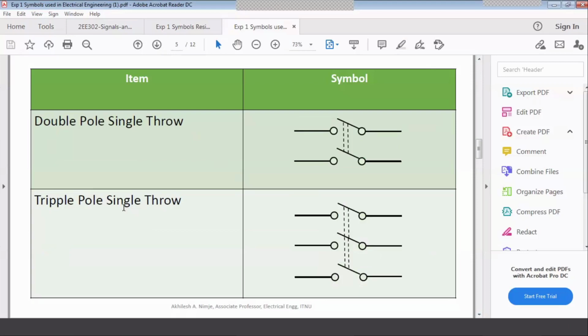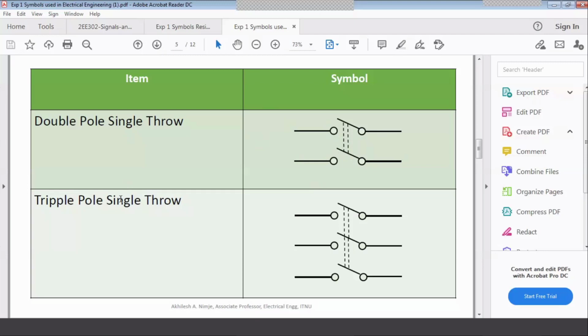If you see the double pole single throw switch, students, you can see the symbol here. So the input side is double and the output side is single. Means you can connect double terminals to a single output. Okay, either here, either here. So double supply is connected to the double poles and giving to the single pole only. This line is going to this only. Means you can take a single output at a time.